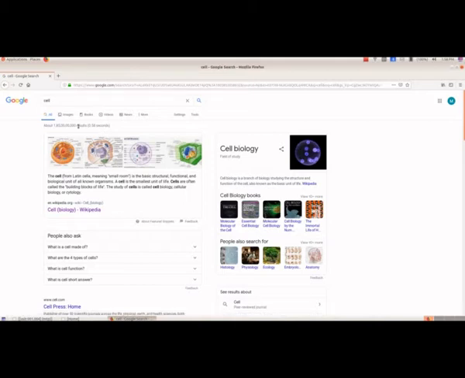Here we have millions of pieces of information regarding cells, and we can see how many results we have.